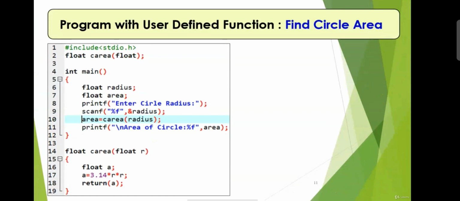So this is the final program we have written to find out the area of a circle. You can see that in this program, on line number 2 there is a function declaration, on line number 10 there is a function call, and on line numbers 14 to 19 there is a function definition. Rather than writing the code to find the area of a circle as part of the main function itself, we have written that code outside in a separate user defined function, and then we can call this function any number of times whenever we want to calculate the area of a circle.